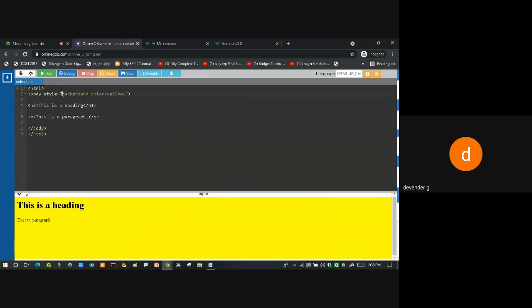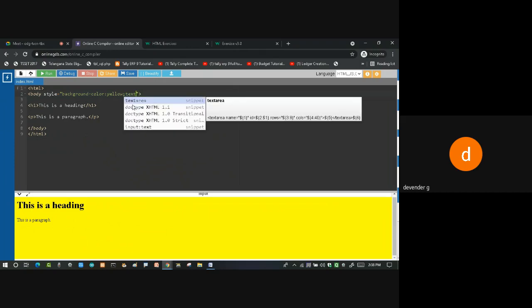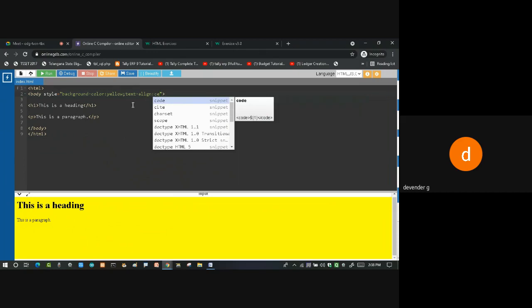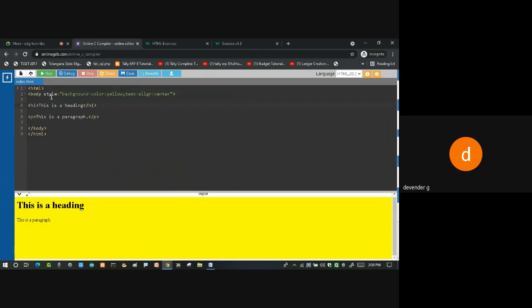Already I have got the paragraph with a color as a background. For this also, in continuation, I'll say text align and I'll say center. See how I'm using this one. So previously you have seen only in one style I have written only one value, but here you can see I'm writing color also, I'm writing the style also, I'm writing the text align also. And if you want the font size also, I want. So in order to have different values, I'm separating everything with a semicolon.